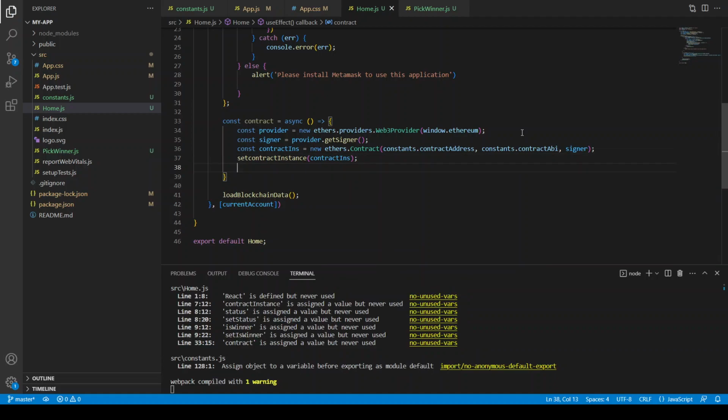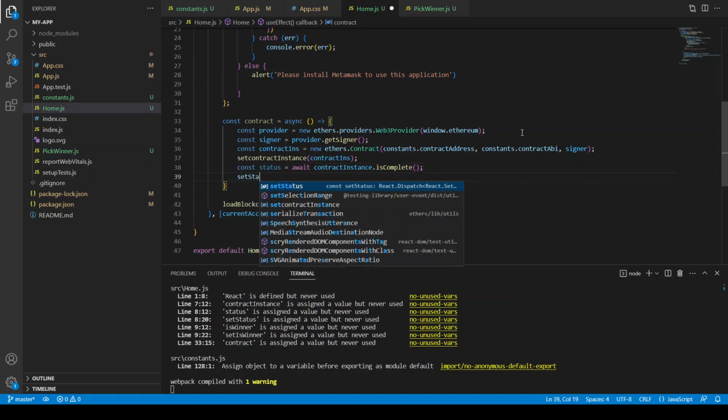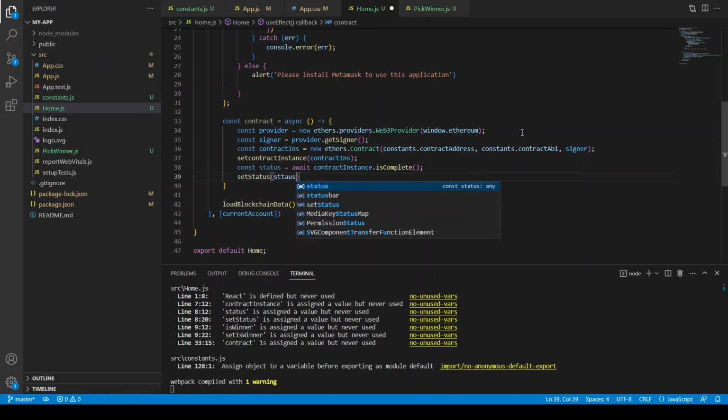Now we have created the contract instance. Now we want to see the status of the lottery contract, and the status of the winner. In order to see the status of the lottery contract, we can simply define const status equals await contractInstance.isComplete. This is the function. When we call it, it's going to return either true or false, and then we can set the status to status. So that's the current status of the contract,